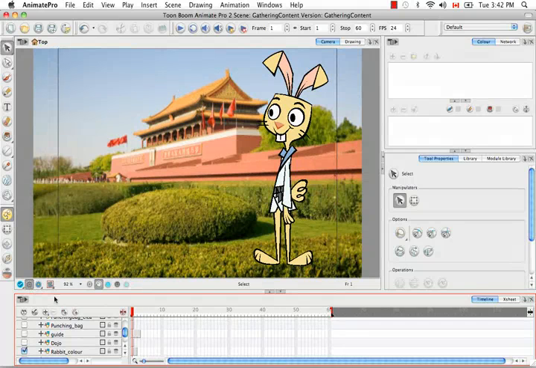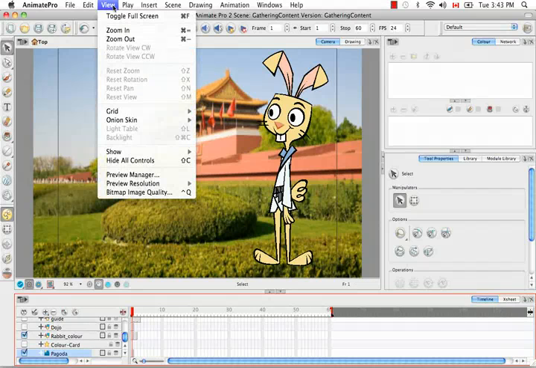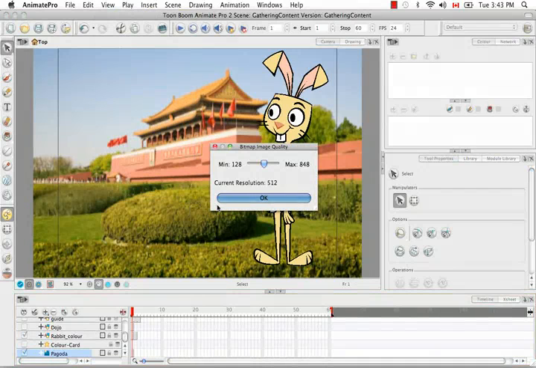But there is a way, and it's actually the last thing I want to show you, to change the image quality of any bitmap images that you bring in. The first thing you have to do is select your bitmap image, and just so you know, if you see a symbol like that, that's a bitmap image, and if you see something like this, the red triangle, yellow circle, and blue square, this is a vector image. Anyway, so then you would go to the top menu and select View, Bitmap Image Quality. And here you can increase or decrease the